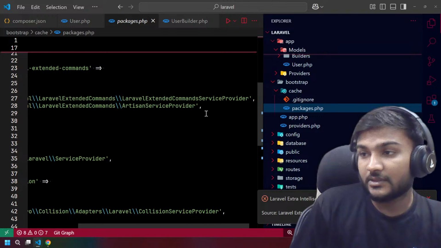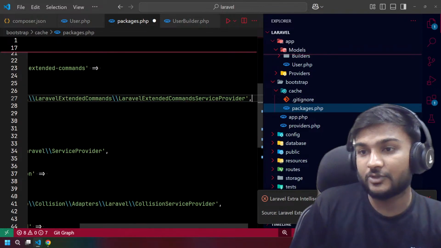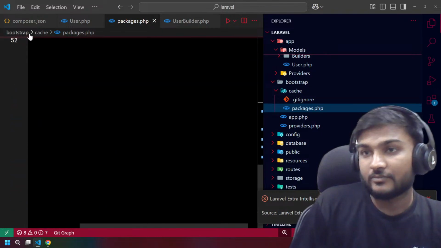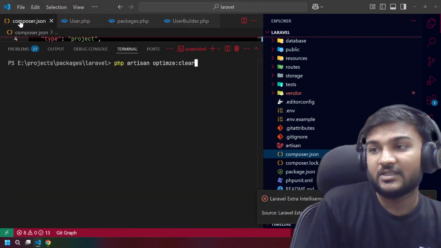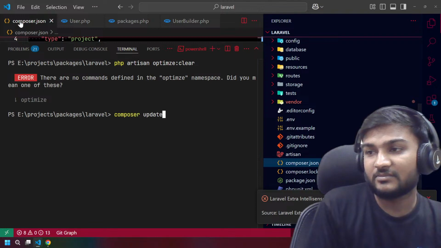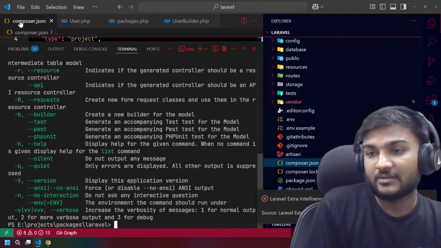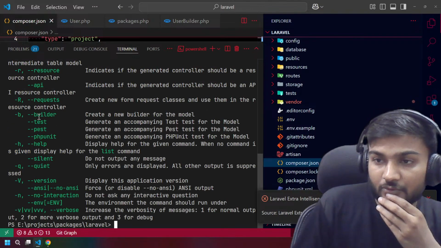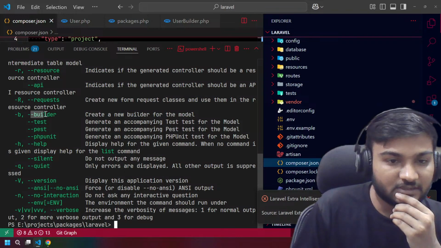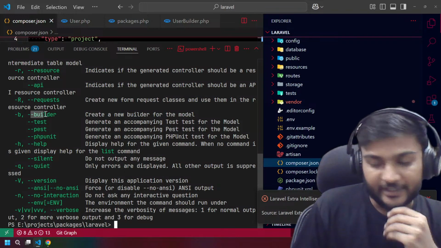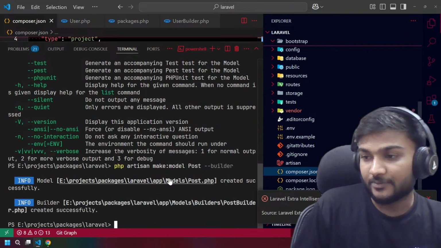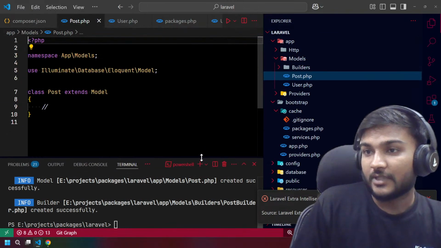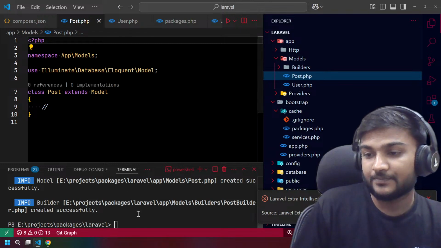And you can see, yeah, this one. Let's remove it. Perfect. My gosh, this is something. Yeah, help. Now we have builder. Perfect. So let's try to create a post builder, and we created a post model.